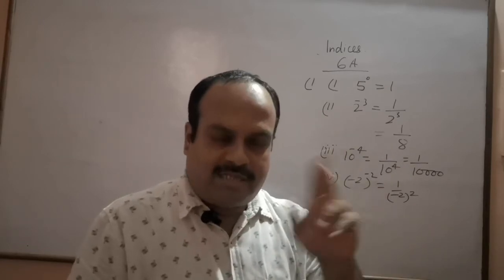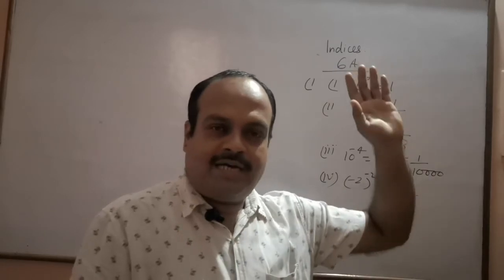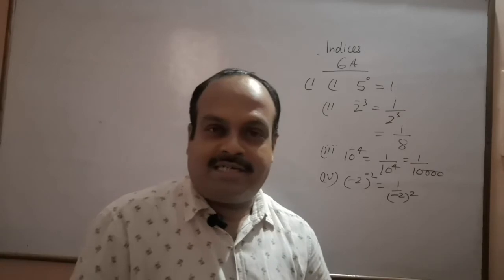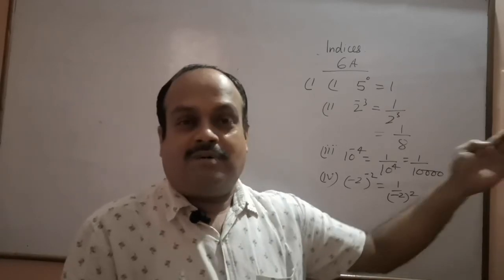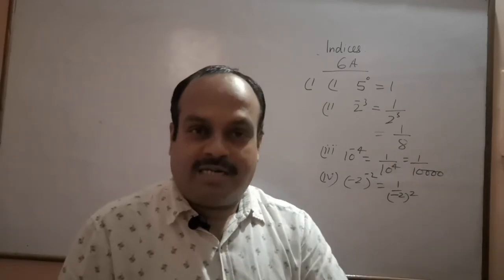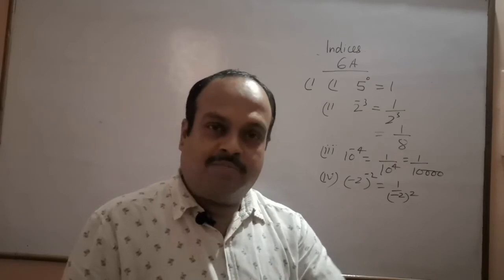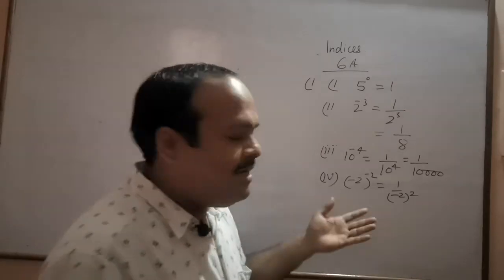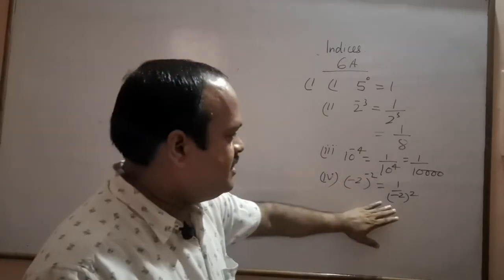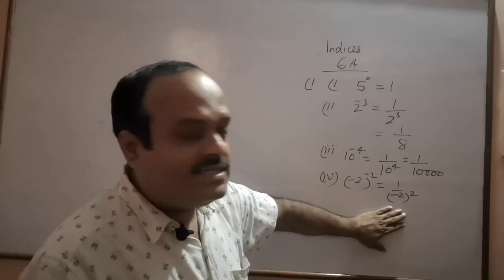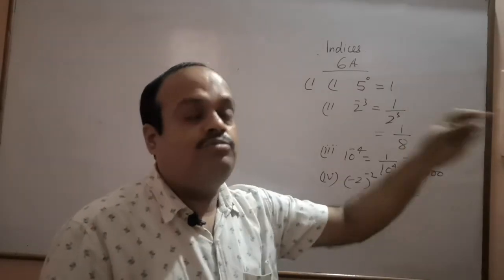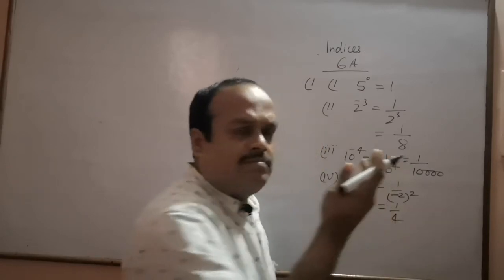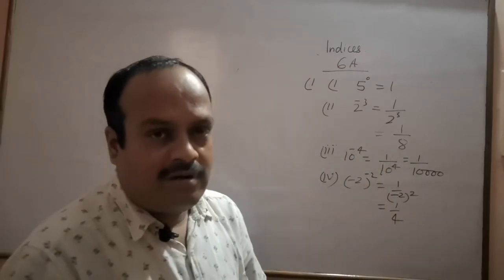Product, I think you know that when we multiply negative numbers, to get the sign of the result, we have to count the number of negative signs. If that number is odd, the result will be negative. If the number of negative terms in the product is even, we get the positive sign. I hope you know that. So here we will be either writing 1 upon minus 2 into minus 2, or directly we will be writing 1 upon 4. Write as you like, the result will be 1 upon 4.